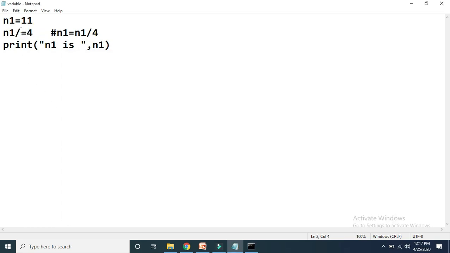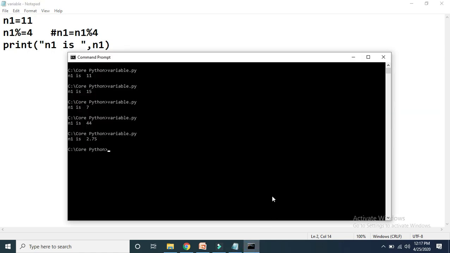Modulus assignment is also there. Modulus, as we already discussed in our previous video, will return the remainder. Initially n1 is 11, so the new n1 will become 11 mod 4. What output are we expecting from this?